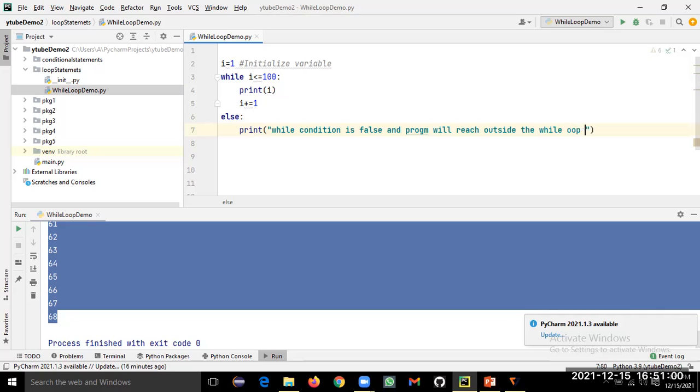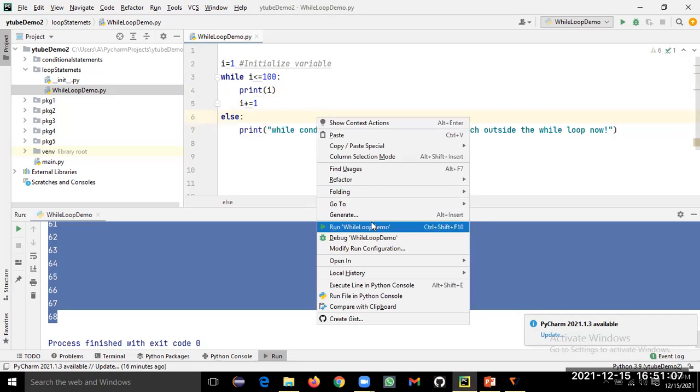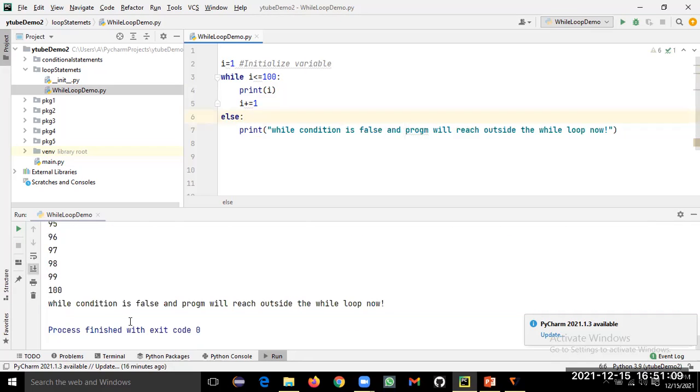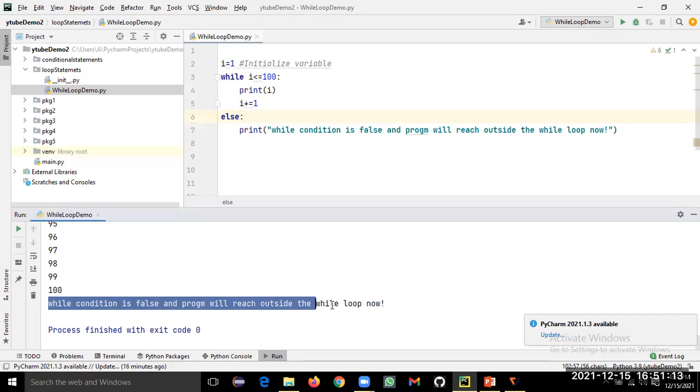Okay, I'll just print it here like this. I'll run it. You can see it prints all the numbers up to 100, and here the while condition is false and the program will reach outside the while loop now. So it will end here and it will execute the next line.